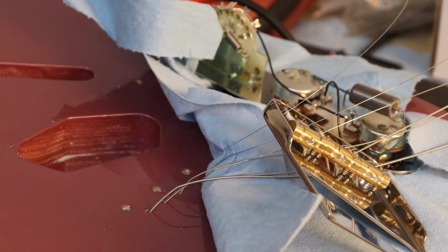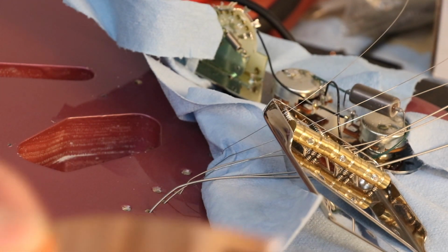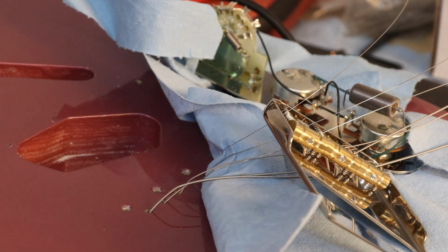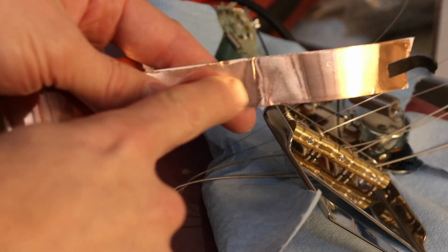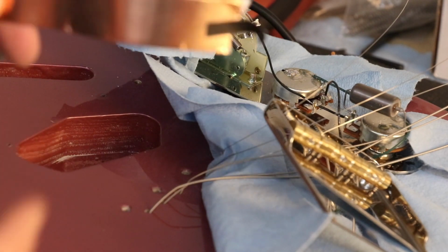We're going to give this a shot, see how this works for grounding. This is all conductive. The other benefit of this is we can keep it flat, so that way it will stick to this area underneath the bridge. We can keep it flat, run it into the cavity, and then we can actually solder to the back of it as well, and then run that solder joint to the ground, so that effectively will ground our bridge without